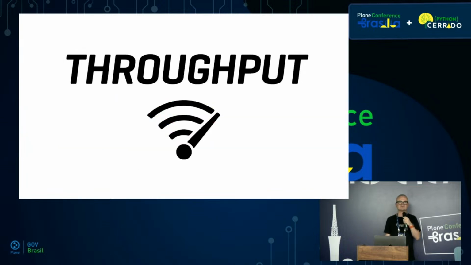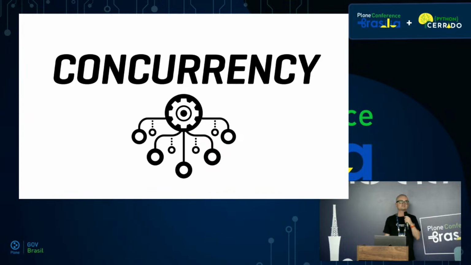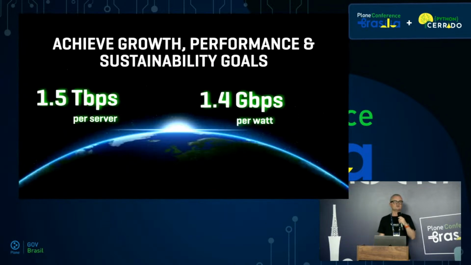Throughput is also a big factor. I'm going to talk about throughput there, but also, of course, concurrency. Concurrency is a major one, ensuring that you can have low network latency and high throughput consistently, regardless of the number of users. So when we talk about doing this,